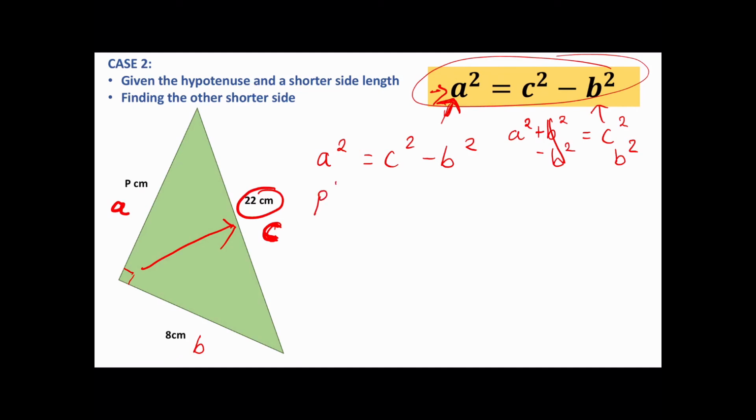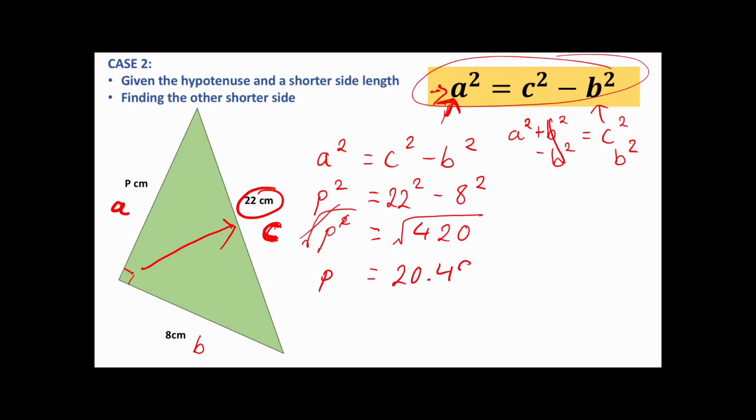So P squared equals 22 squared minus 8 squared. Now 22 squared minus 8 squared works out to be 420. And then we've got P squared. So it's the same process again. We're trying to remove that square from the P. So we're going to take the square root of both sides. And what I'm left with is just P, because those two cancel out because they're the opposites of each other. 20.49 centimetres,